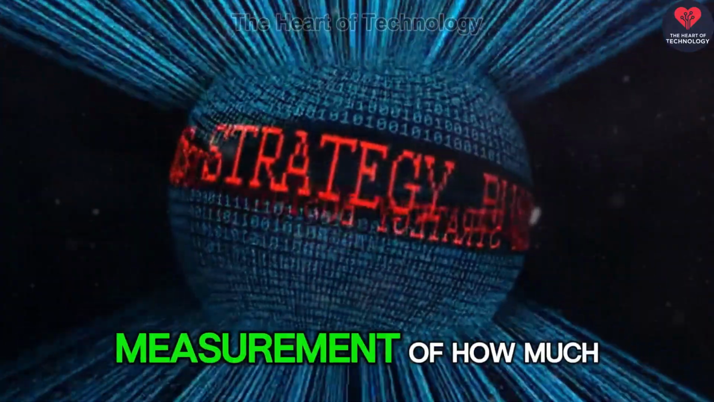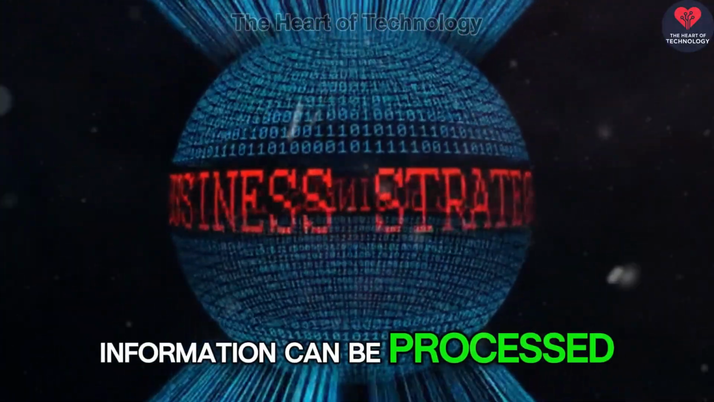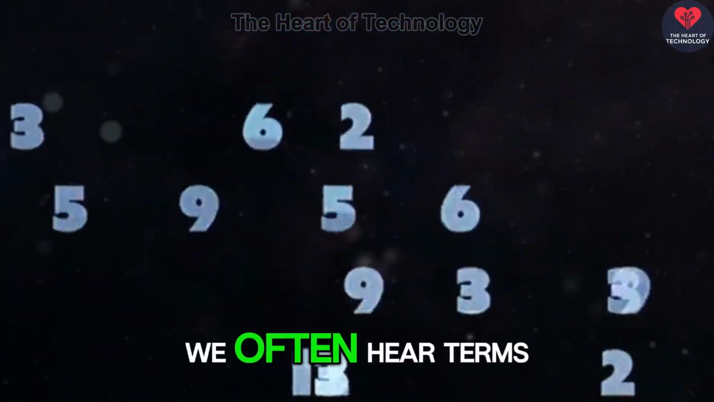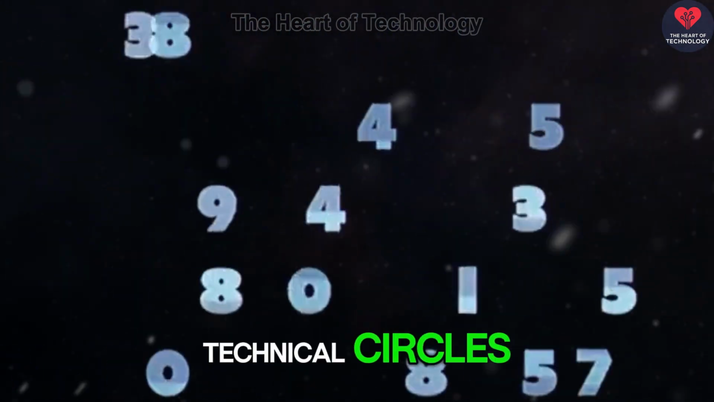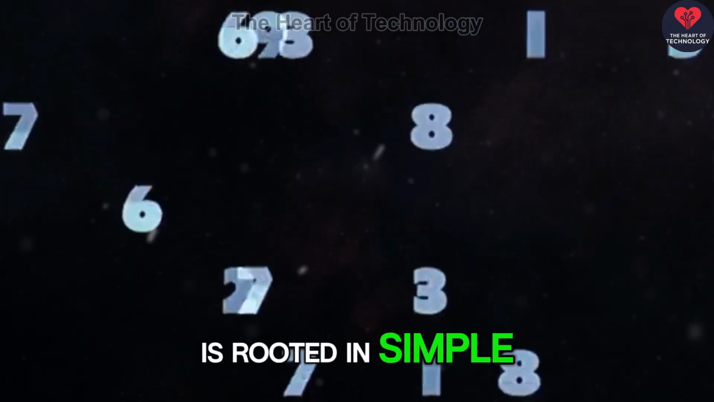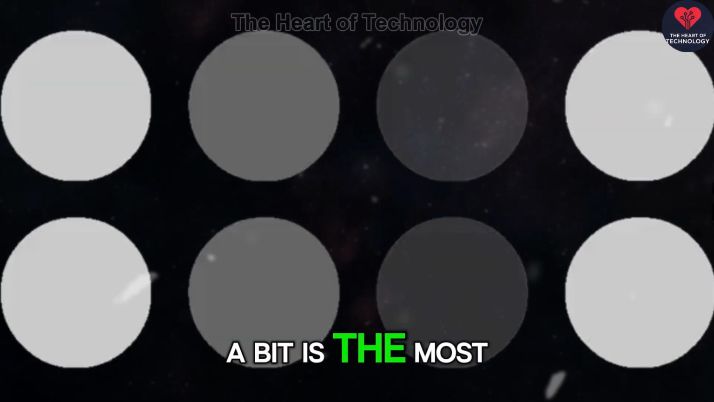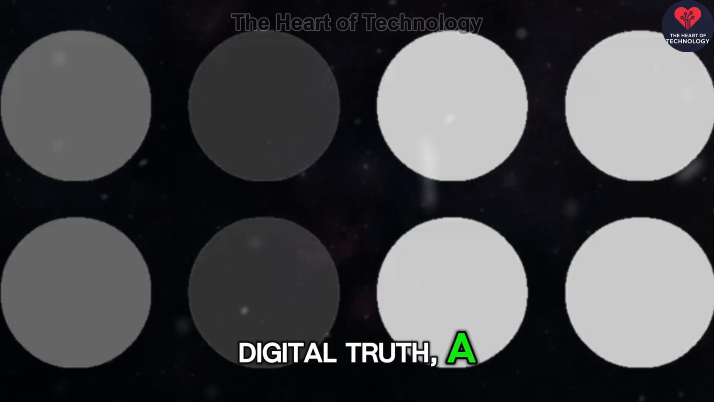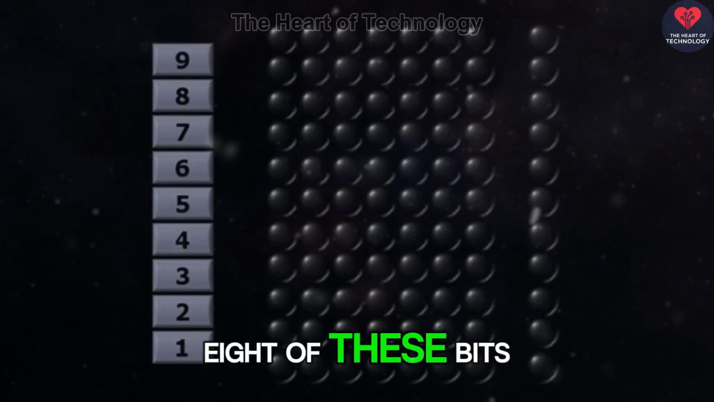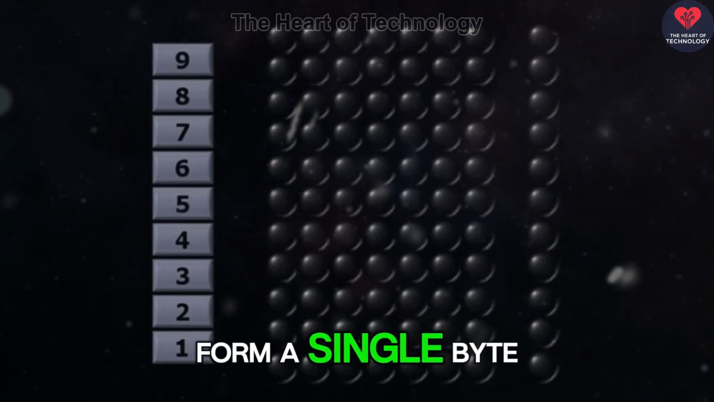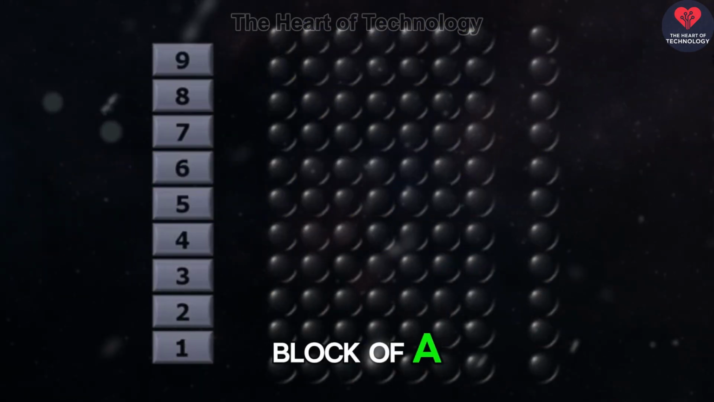It is the fundamental measurement of how much information can be processed in the blink of an eye. We often hear terms like bits, bytes, and bandwidth thrown around in technical circles, but their meaning is rooted in simple mathematics. A bit is the most basic unit of digital truth, a binary choice between 1 and 0, light and dark. 8 of these bits clustered together form a single byte, the basic building block of a character or